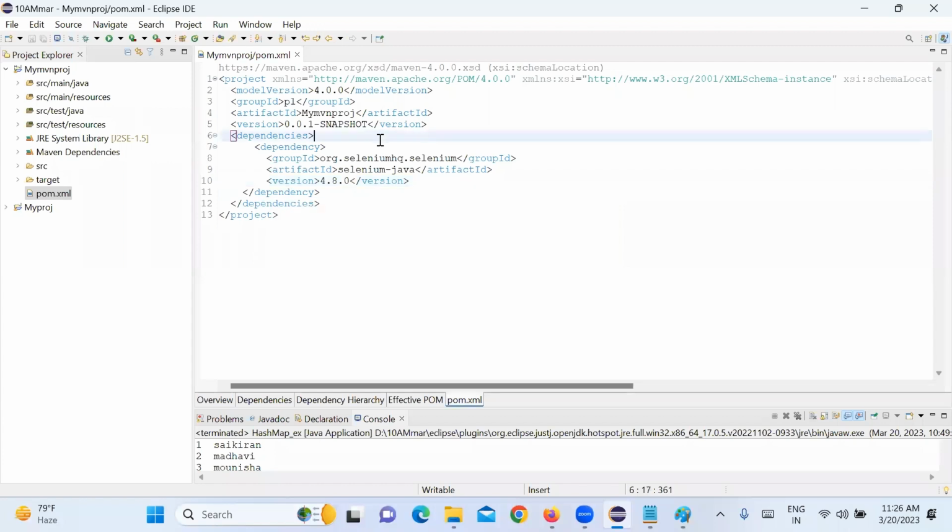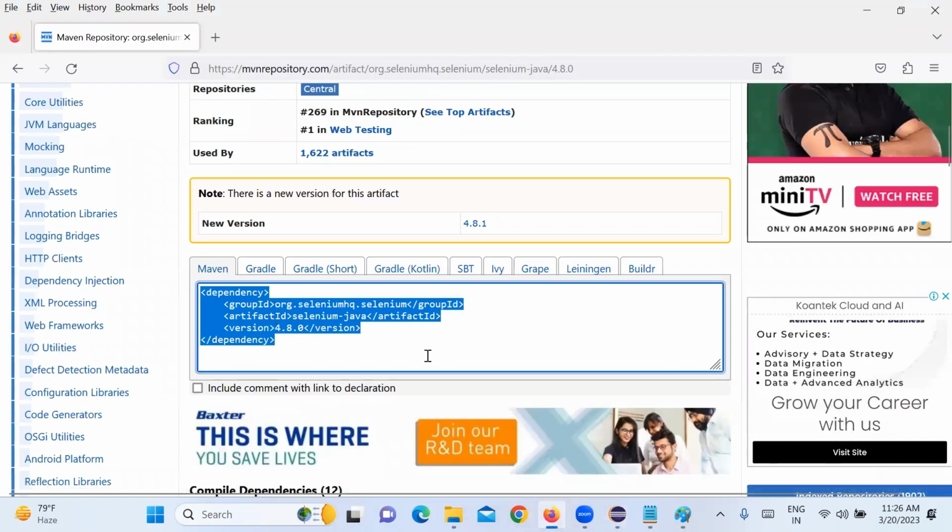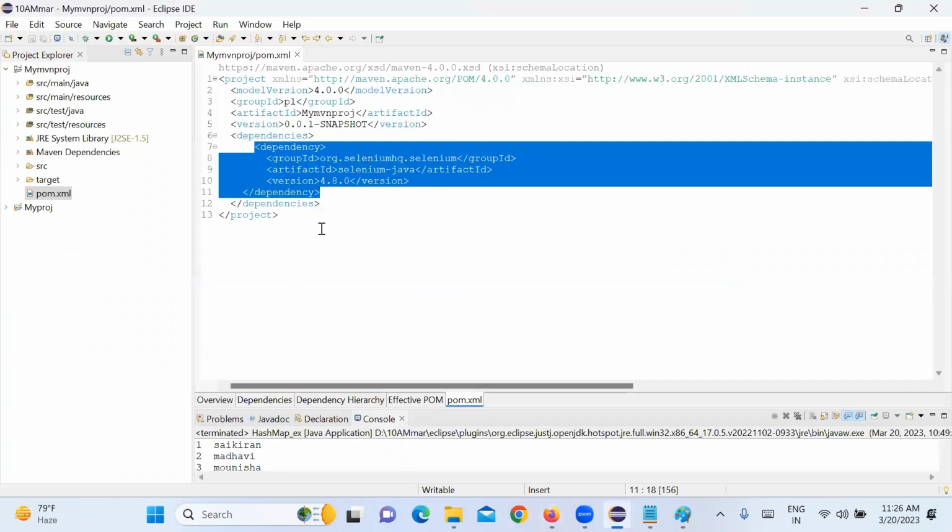After adding the dependencies, it should look like this. Inside dependencies, where did these 4 lines of code come from? I copied them from the MVN repository website, right? After copying and saving,